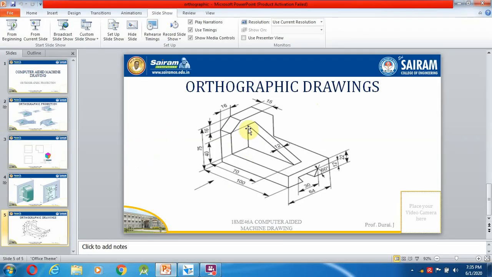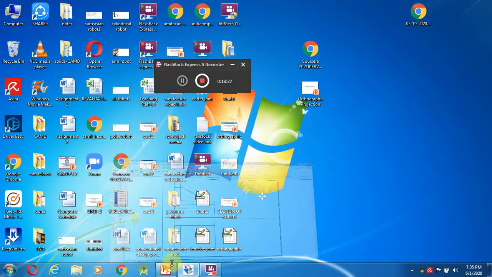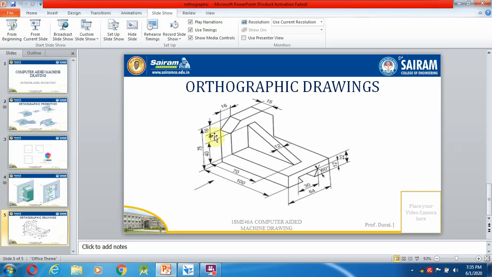Exactly, the rib is passing over the mid of the component with the 12 mm dimension. Already I told you in the front view, this inclined portion is going to project towards the vertical plane. It comes as a straight line, same like here, this inclined portion comes as a straight line up to 70 mm distance.